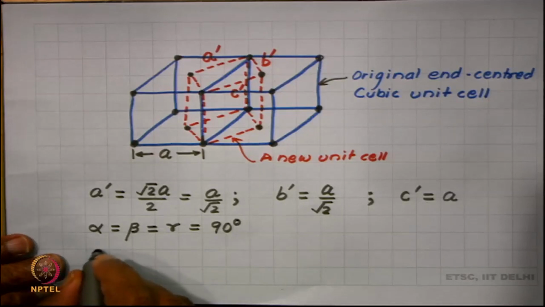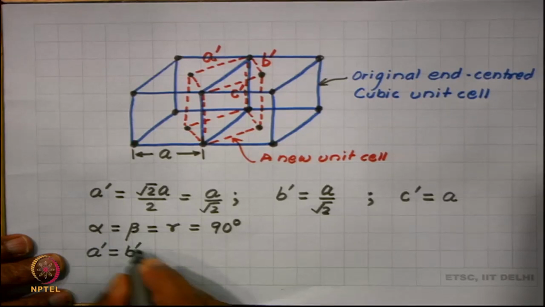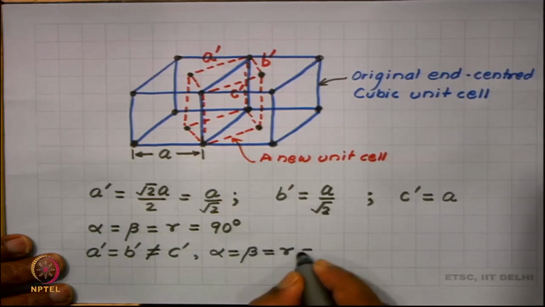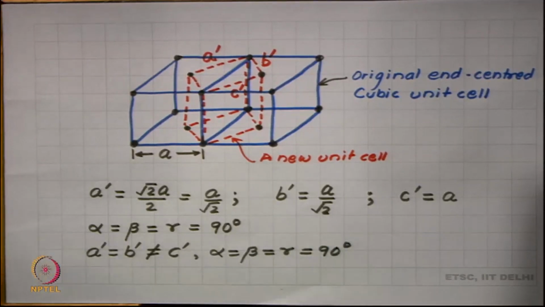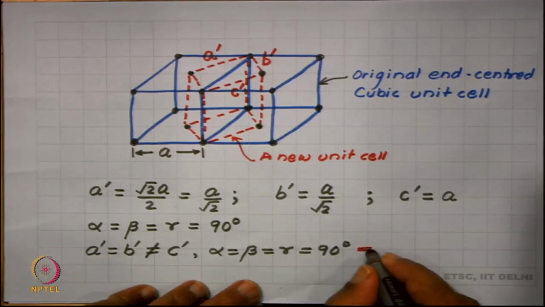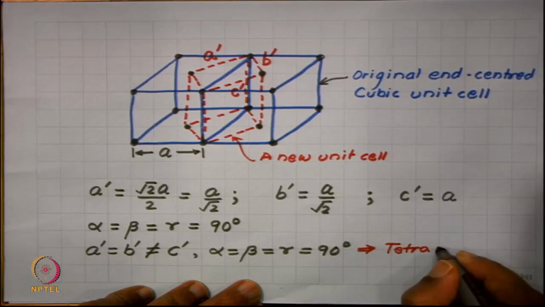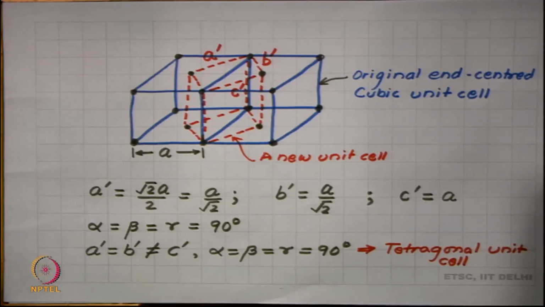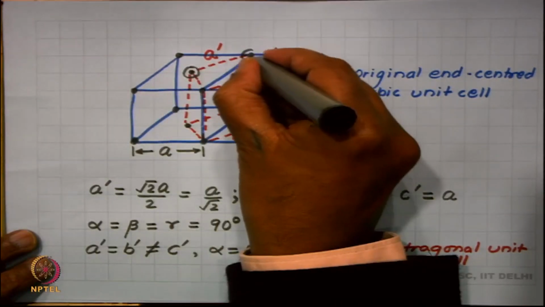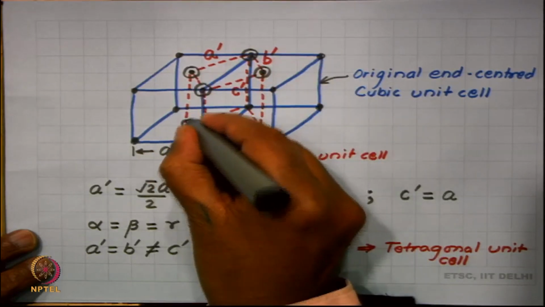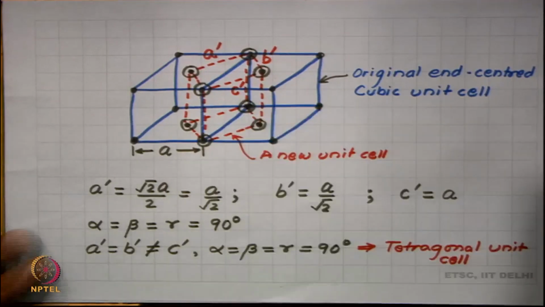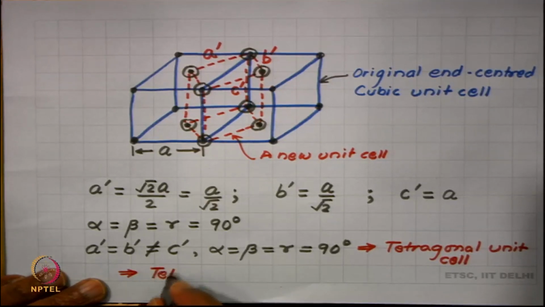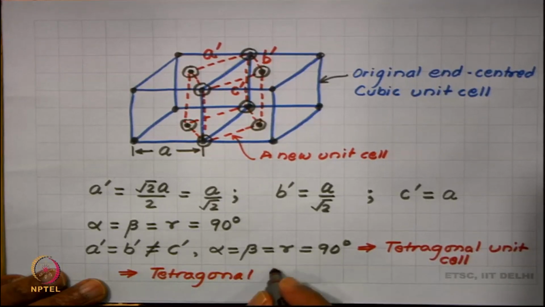So, in this new unit cell, we have A prime equal to B prime, not equal to C prime, alpha equal beta equal gamma equal 90 degree. This is the shape of a tetragonal unit cell. And if you look at the lattice points, you find that lattice points are only at the corners. So, this is a primitive tetragonal, which means what we have here is a tetragonal P unit cell,